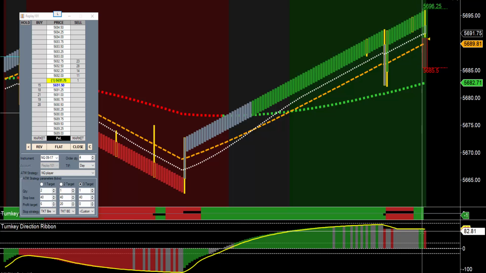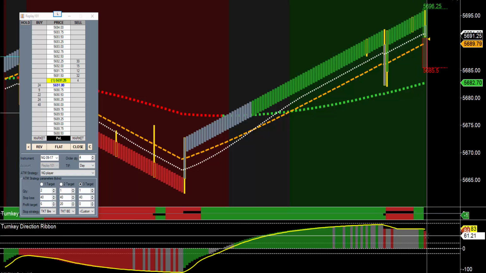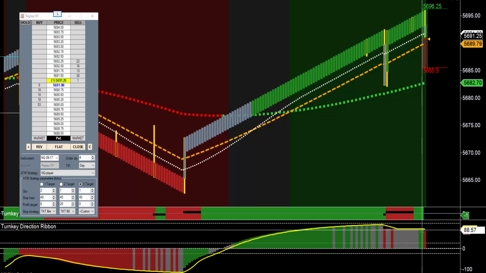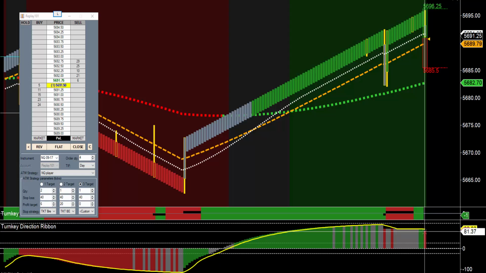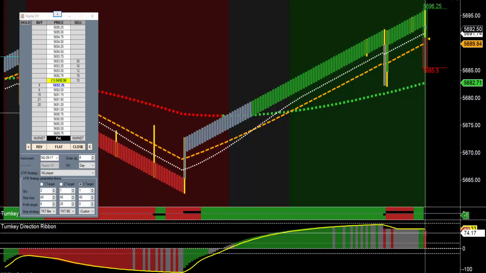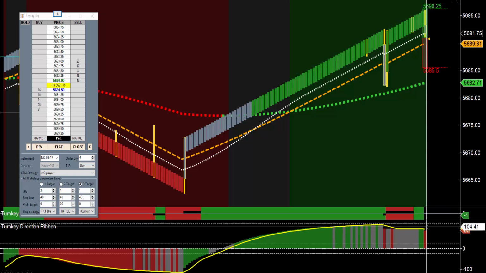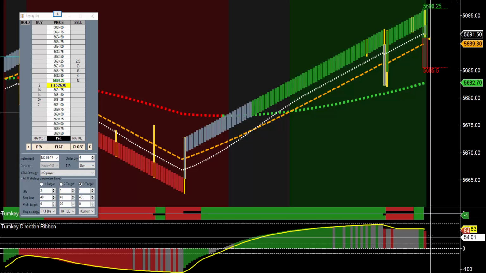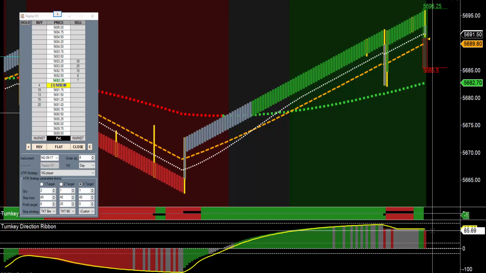Next, I need to see my histogram rising, or I need to see it plot green as well. This will let me know that it is higher than the previous value. And you'll see it fluctuate as the price moves up and down. This indicator does update live. And I also need to see my histogram above 60 and below 120. Between 60 and 100 is a really good sweet spot for that particular setup, but anywhere between 60 and 120 is acceptable. So once I have all of these rules qualified, I can go ahead and put in my order